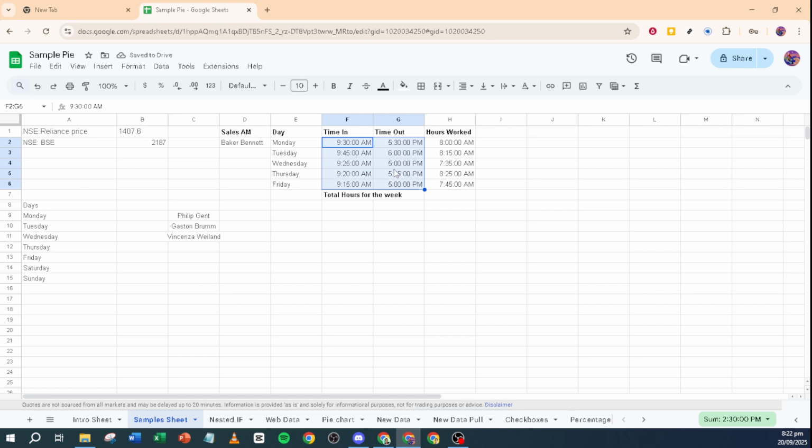Next, you'll click on an empty cell where you want the result to be displayed. Let's say this is for calculating hours worked on a particular day. Here, you'll enter a simple formula to find the difference between the start and end times. The basic formula you'll use looks something like this: end time cell minus start time cell. The subtracting will give you the duration between these two times.